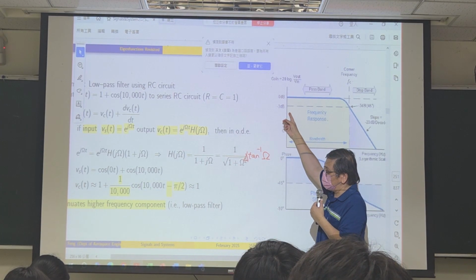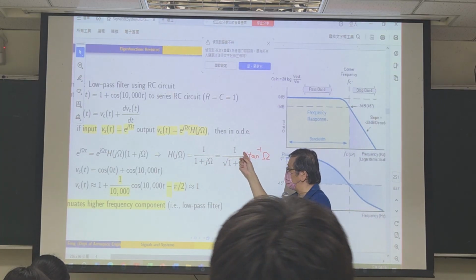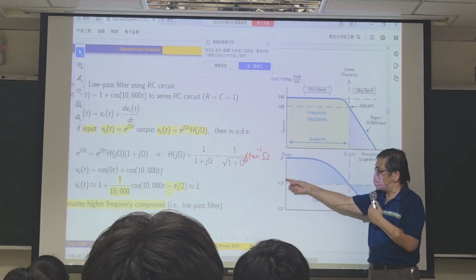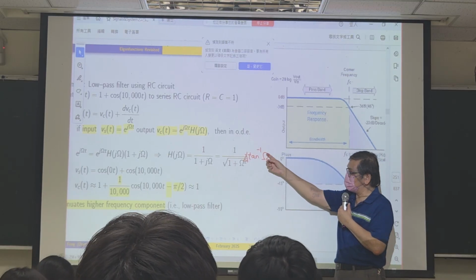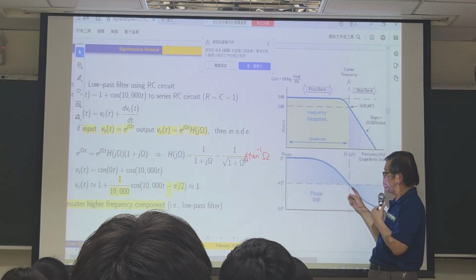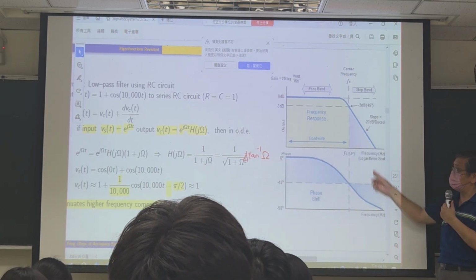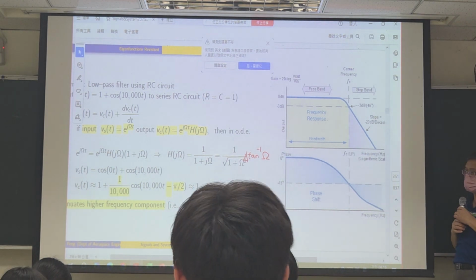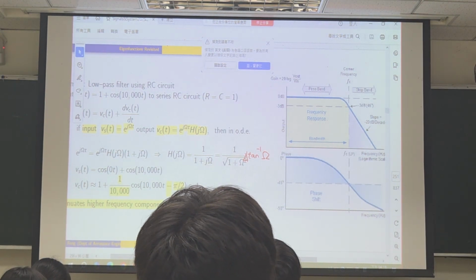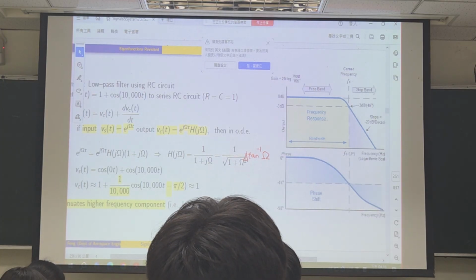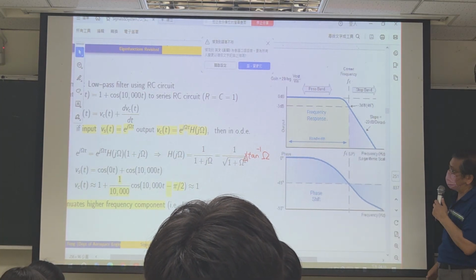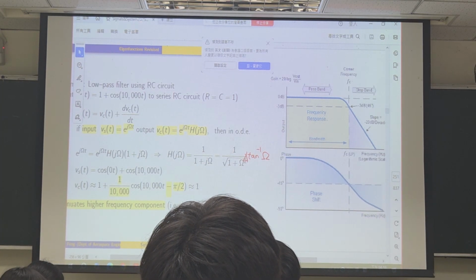Okay, the first one is the magnitude of the transfer function. And then the second one is the phase. In this case, that's the arctangent of omega. Now, these two figures are very important for classical control. We will see that sometime later. And we have an important terminology, which is